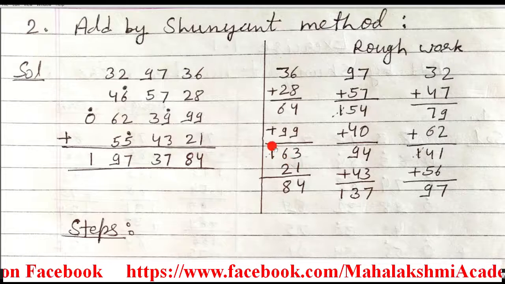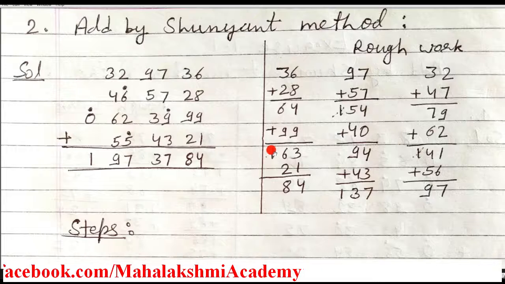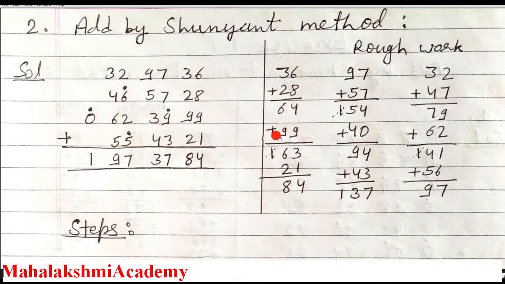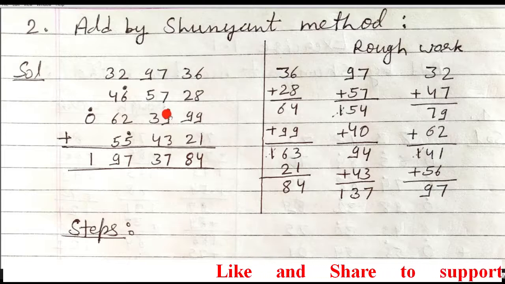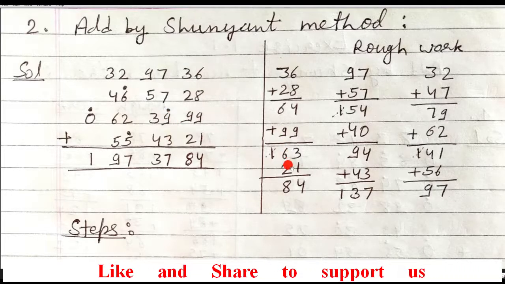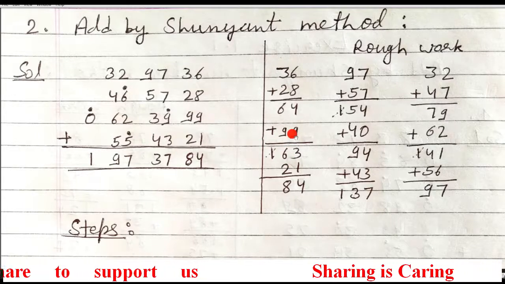So this one you just partially cancel and write the ekadika dot on the digit which is written just before 99 in your question. The number which is written just before 99 is 9. So this one will come as ekadika dot here. And now for further addition, only 63 will go. Now till here we added 99.